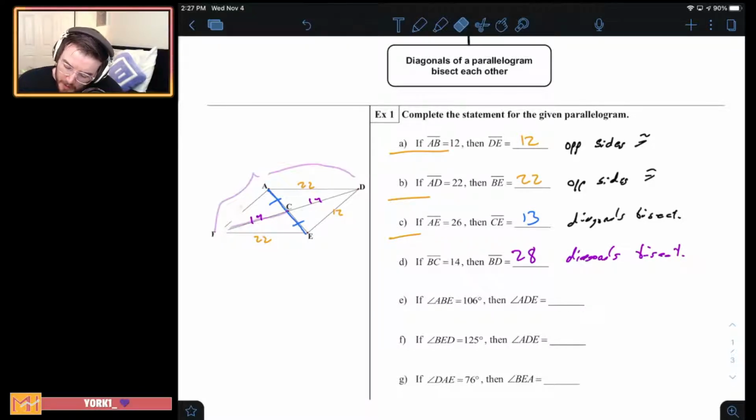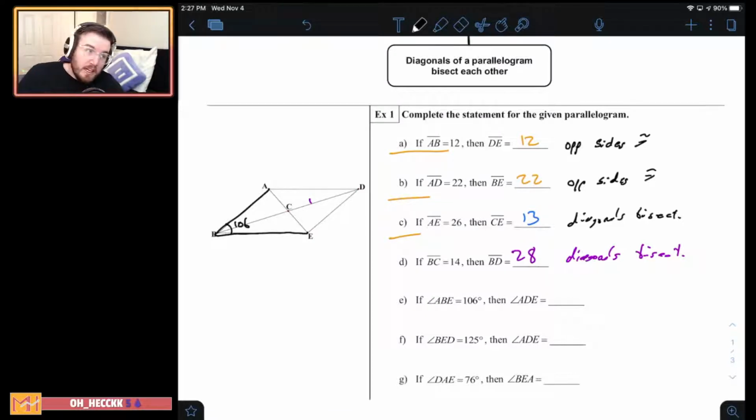Let me clean this up a little bit because we're going to get too many numbers happening. If A to B to E, if that angle is 106, which clearly isn't very accurate, but we're going to pretend it is, then A to D to E must also be 106. If B to E to D is 125, then ADE,